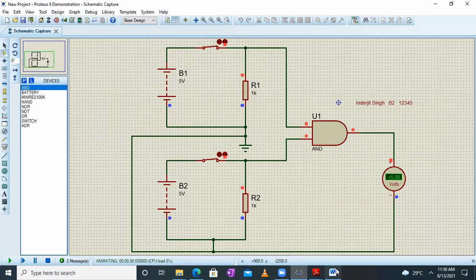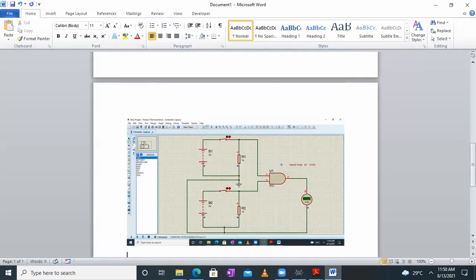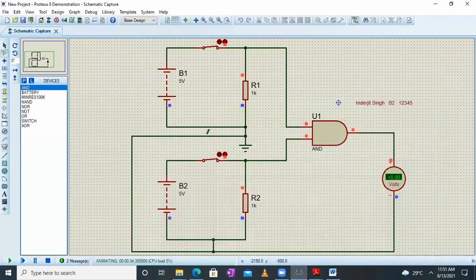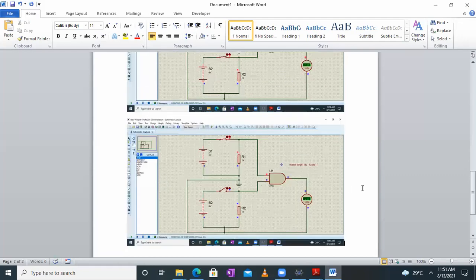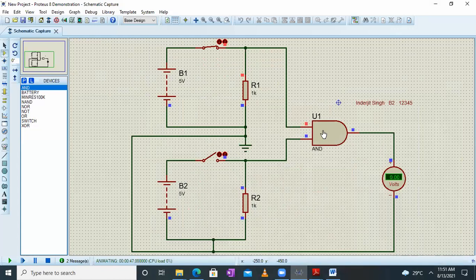So I can take this print screen and keep on adding in my Word document like this. So remember that we have to take two print screens, one for the case where the output is logic 1 and the other for the case when the output is logic 0. So it's just a matter of 2 seconds and we can add the print screen easily. So this is how we have to carry out the simulation for the remaining gates. Okay, so I can add an AND gate, OR gate, NOR gate, NAND gate, XOR gate. So let me quickly show you 2 more gates, and then y'all can carry out the simulation.